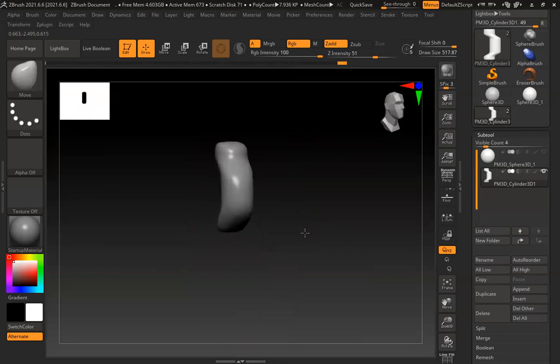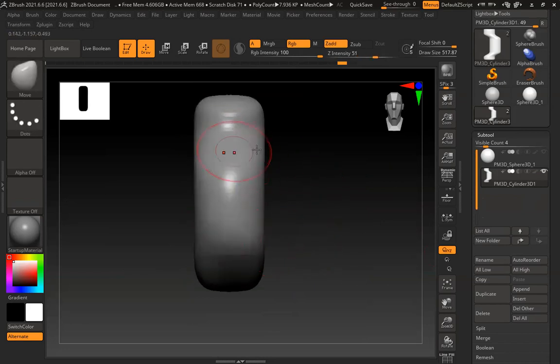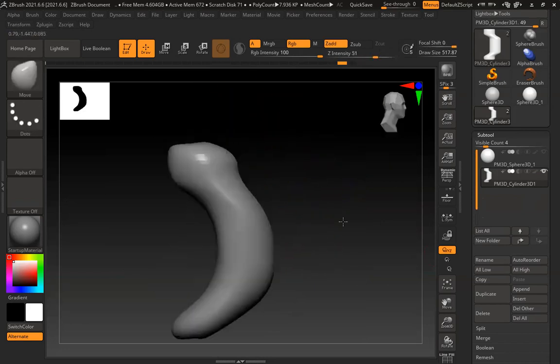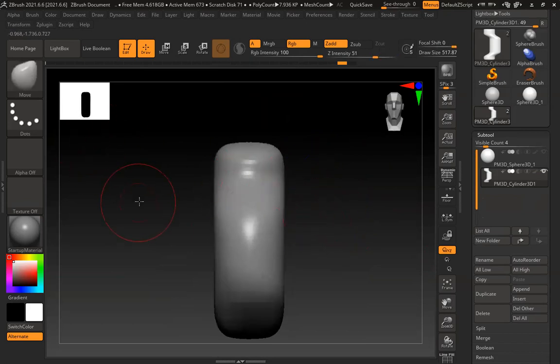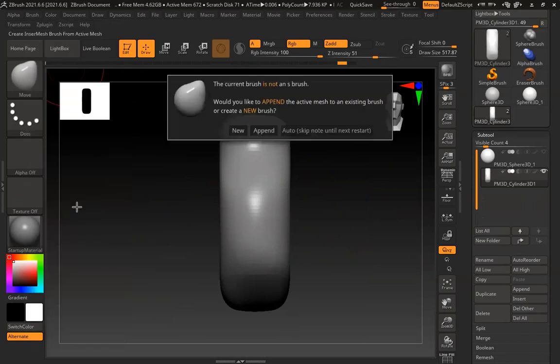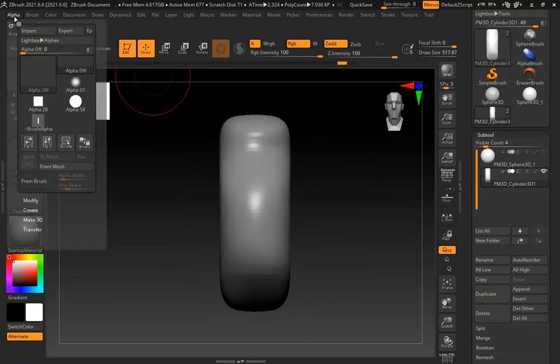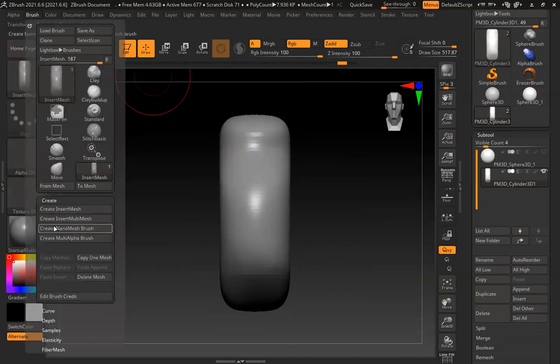Basic shape is ready. Now, make sure only this part is visible. And whatever I have to do, I have to reduce or increase, I can do it. So this is clean. And now I'll go to brush, create insert mesh, new. So this works for any kind of design, any kind of pattern, everything. It works for everything basically. So create a brush, one brush is ready. Now go back to brush again, create. Oh, insert mesh is ready.